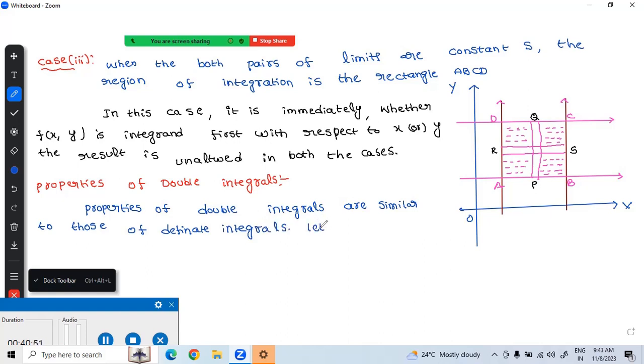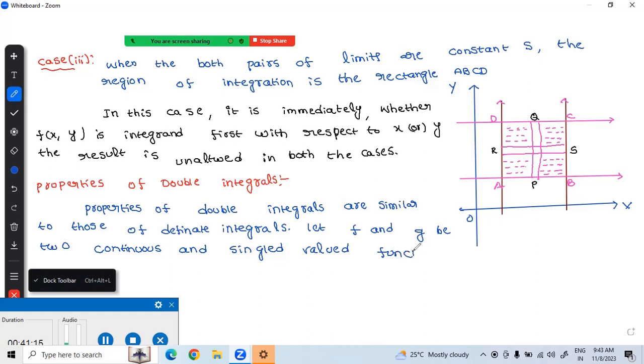Let f and g be two continuous and single valued functions of x and y